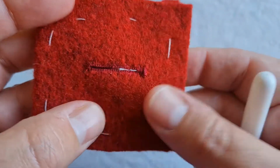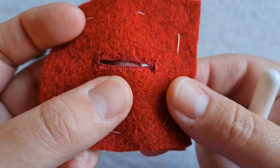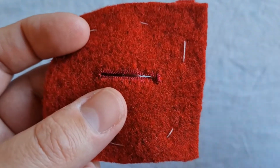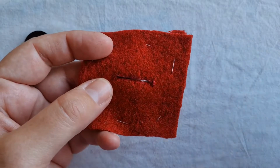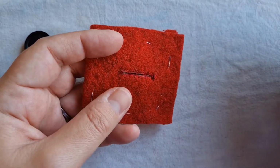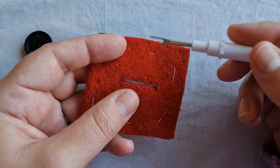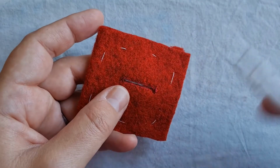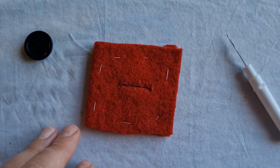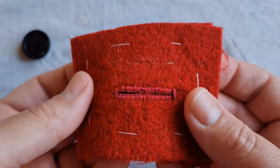This wasn't the first one I sewed. I think with buttonholes, what you will find is it's always the second or third one that looks like you're getting something that you are aiming for. With the first one, you have to do a practice on some scrap fabric, because even if you get comfortable now and then you don't sew a buttonhole for a number of months, when you come back, you're going to have to go through this process again and get back used to it. So this was the first one that I tried on this fabric, and as you can see,